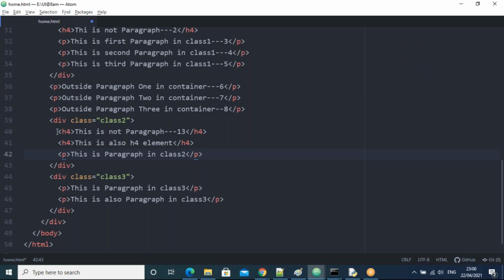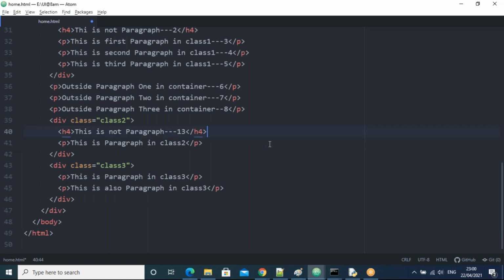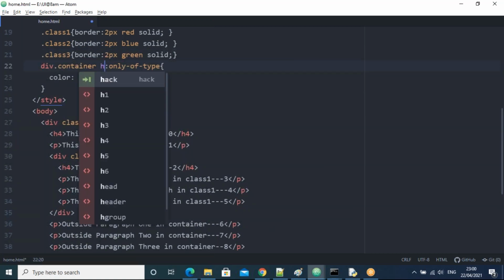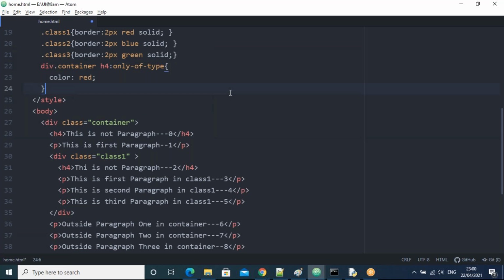Okay. Suppose now, what do I do here? Now all of you observe. From class 2, I'm deleting this one. Observe, class 2. I am deleting the H4. Now we have only one H4, only one paragraph, right? Now I am going here, taking H4, for example. Now check all the parent levels, guys, all the families level.